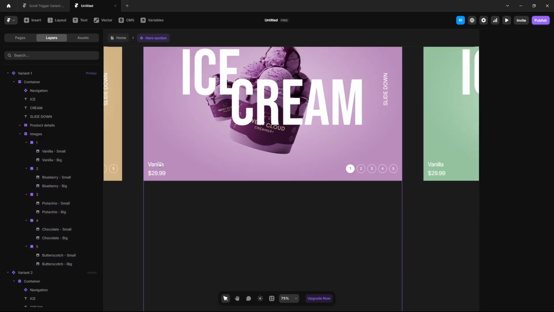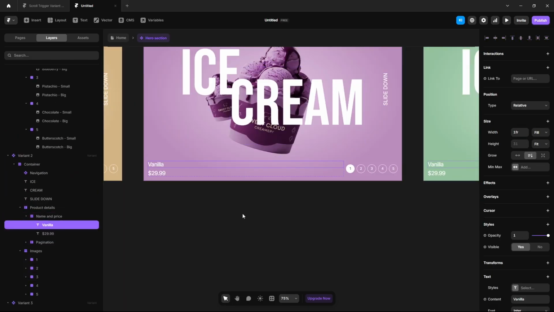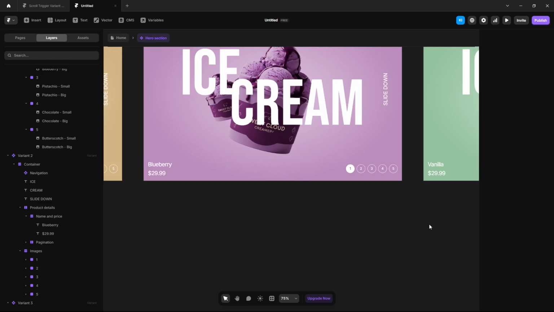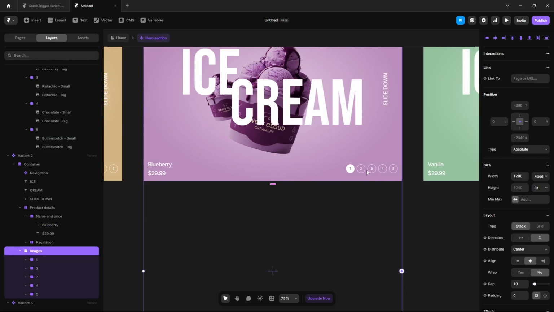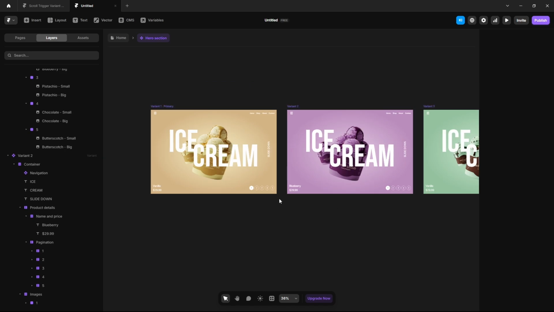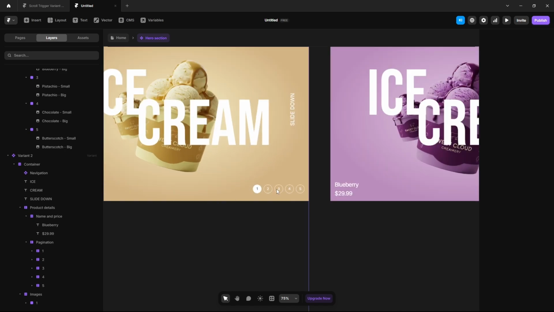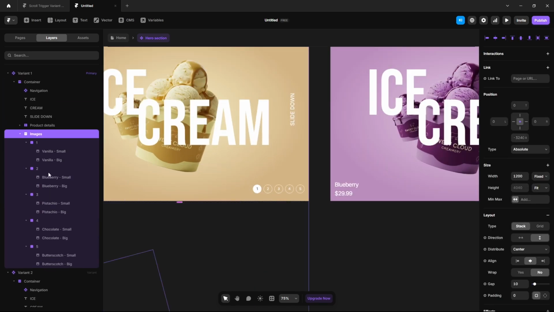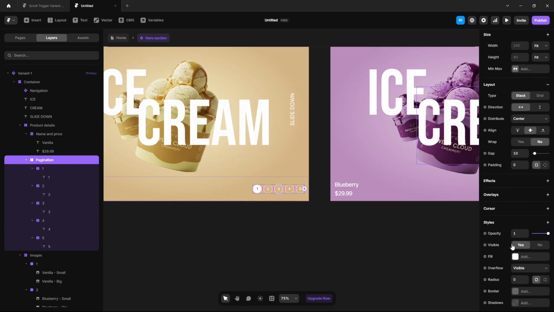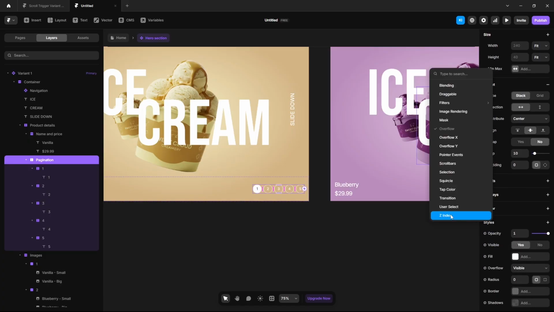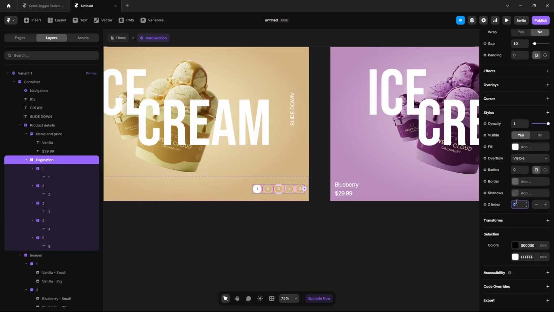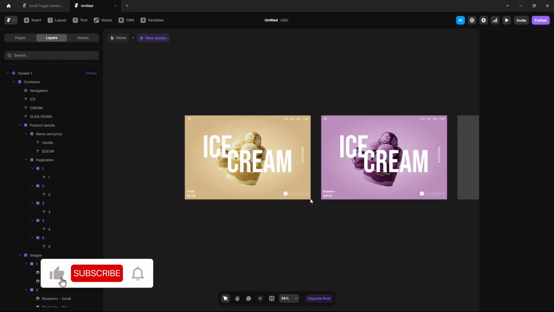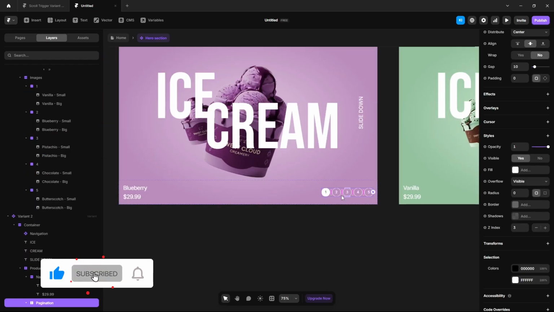change the text here to this, and as for this, we can't select it, it's because we need to increase the Z index here. So go to the variant 1, the default variant, pagination, scroll down, styles, Z index, make it maybe 3. Now let's see, yeah, we can select it,